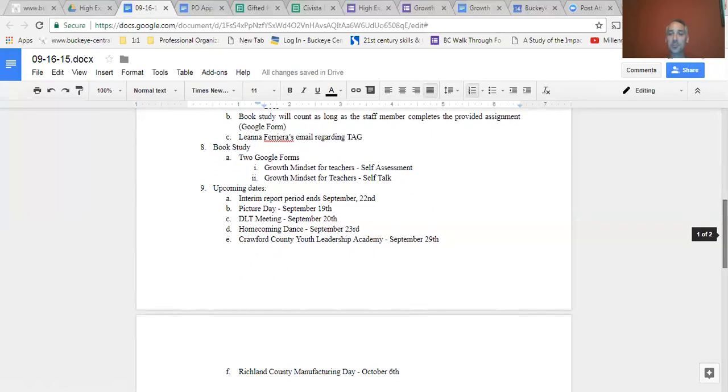Always looking for some good chaperones. Bring a date. Make it a date night. And in all honesty, the dance has gotten better over the last couple of years. There'll be 3 of us there at least. Mr. Robinson always stops in, 4 of us. It is a much better dance. It's come a long ways. So you are more than welcome to stop by and chaperone if you'd like.